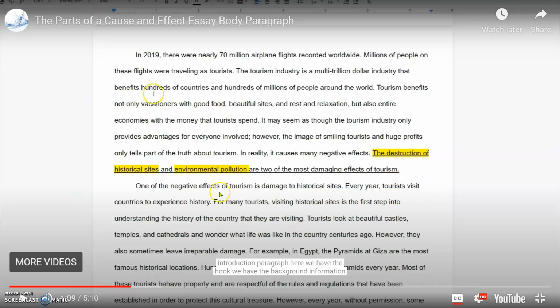So you can see they're going to show you a body paragraph here with a topic sentence, an explanation of the topic sentence and the topic here, and then some examples, and then a conclusion and a final thought. So you do want to look at how you can write a cause and effect essay body paragraph, and you'll see how it's slightly different than a regular paragraph where you say first, second, finally. It's a little bit different.